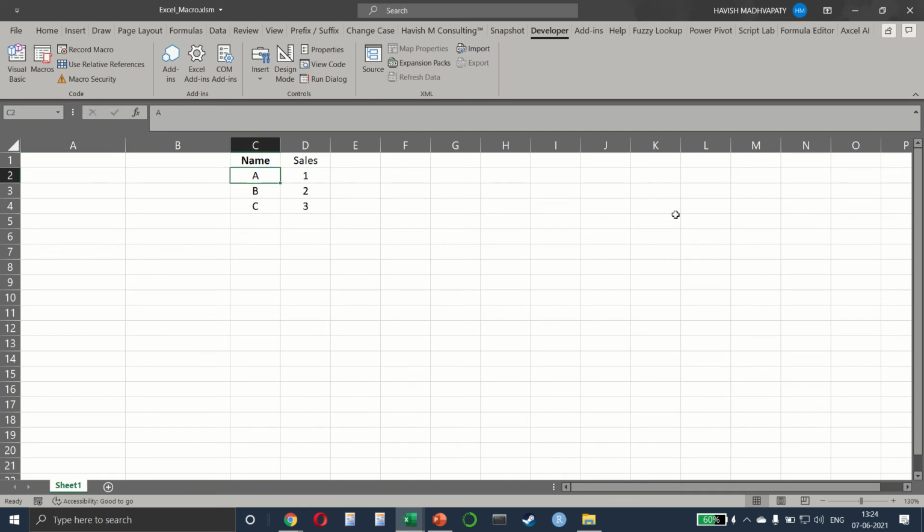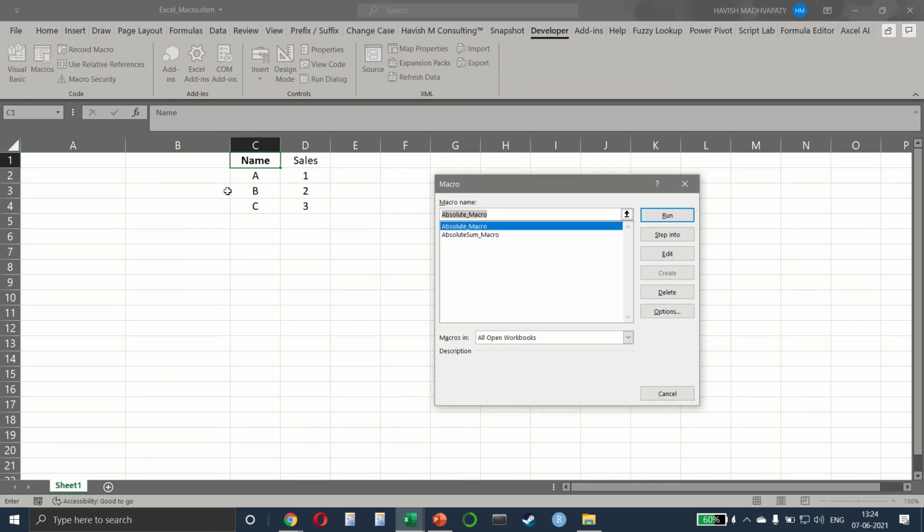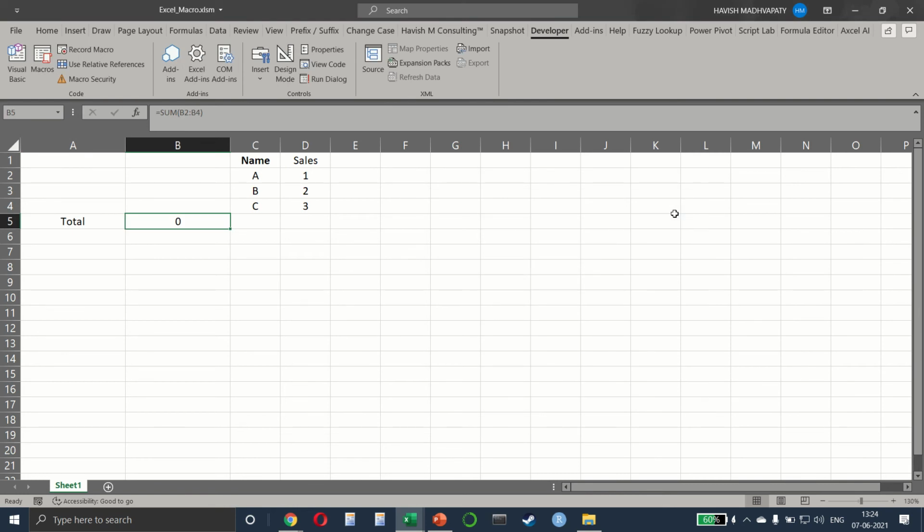Now, some of you must be thinking, but what if we start by selecting C1? Let us do that. I've selected C1 and I run the macro, but it still does not work. So now I hope you can see why this is a problem, because if your cells are in the same position and it's a slightly longer code, like the previous example of hello world was just the active cell, but this time we are selecting a range of cells, it becomes a challenge because absolute means that Excel is thinking that I as a user always want to select A1 till B4. It doesn't understand that the values can be in different cells.